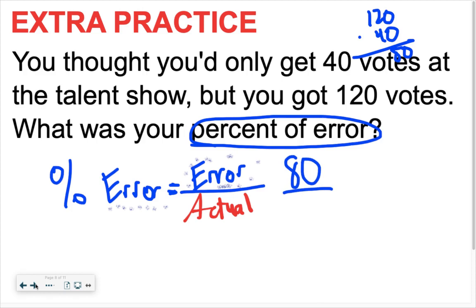Careful. Which one? 40 or 120? Which one did I actually get? What did you get, if that's a helpful term? So since you got 120, that's the actual. Thus, I'm going to put that down here because it's what I actually got. When you grab a calculator and divide that on out,